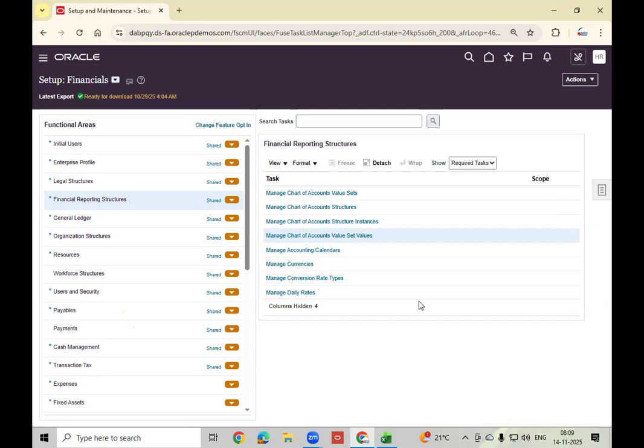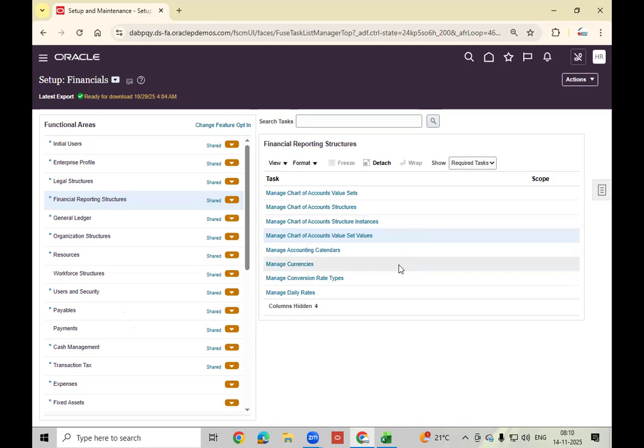So we can start assigning this, defining the primary ledger. But this one is not deployed. It is failed because of some other chart of account. That first we need to clear. Once again we need to redeploy, successfully redeploy, then we can start defining the primary ledger. Okay. You continue your practice.